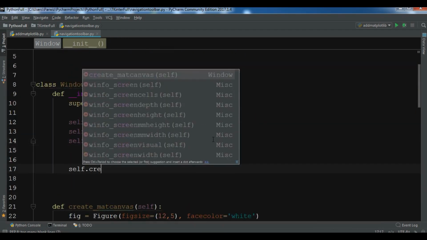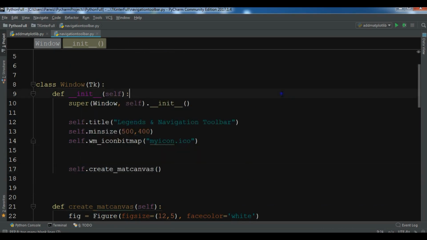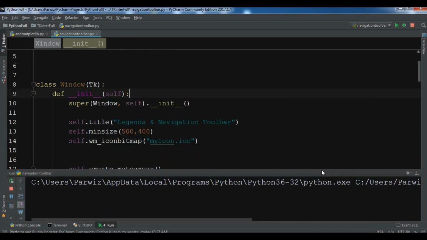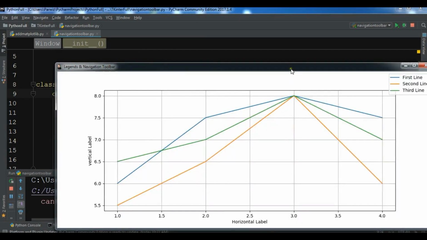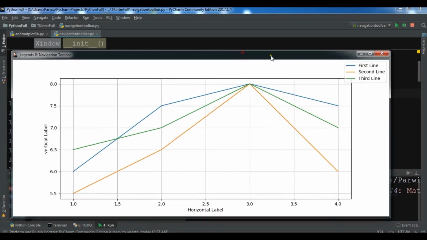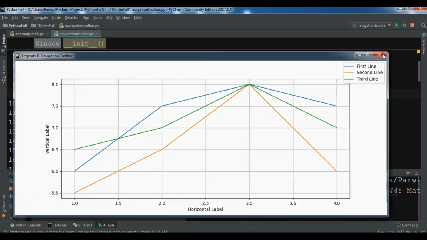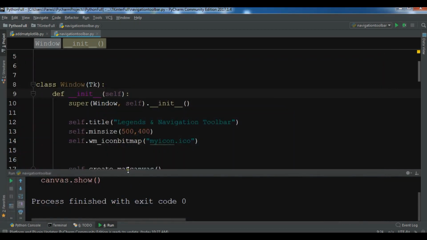Let me just call this method, self dot create mat canvas, and I'm going to run this. Okay, so now you can see these are the legends that we have, our 3 lines and vertical label and horizontal label. Now how can you add a navigation toolbar? So for this,